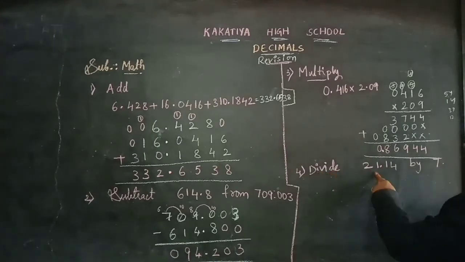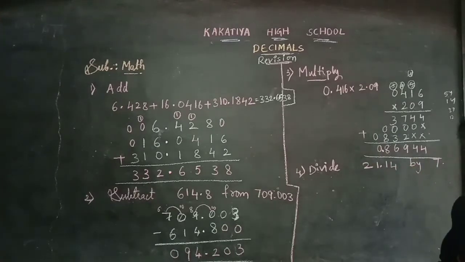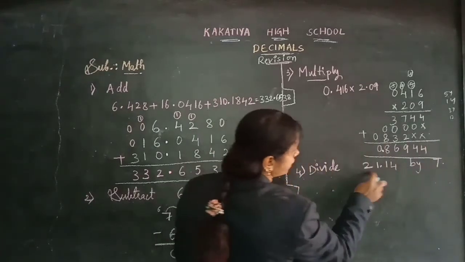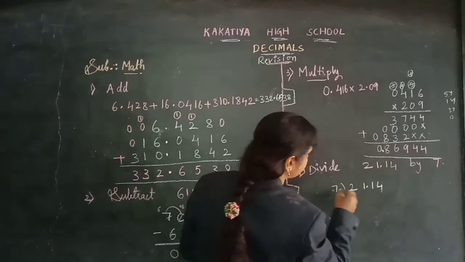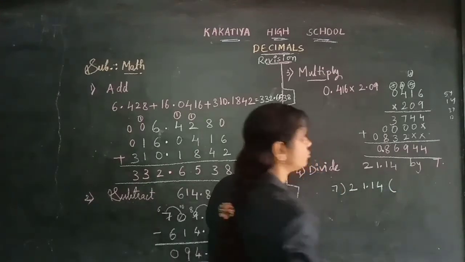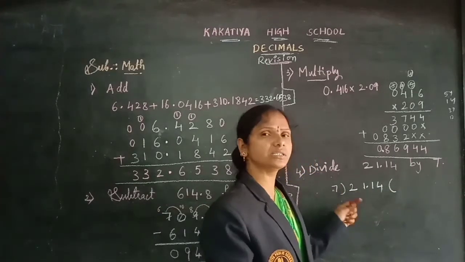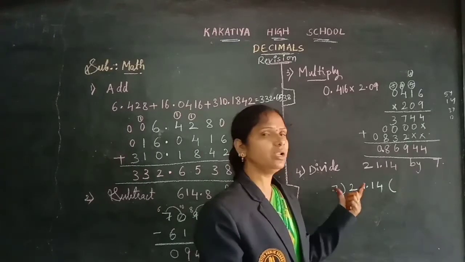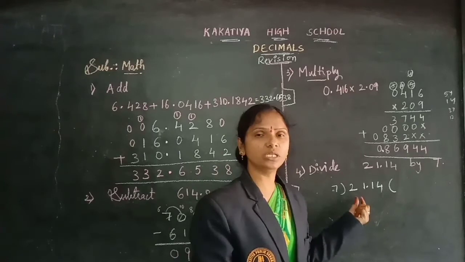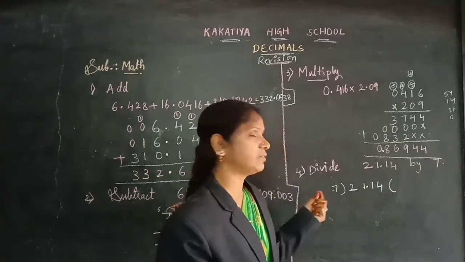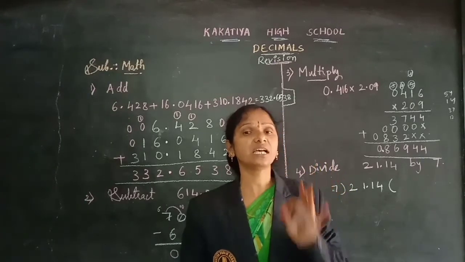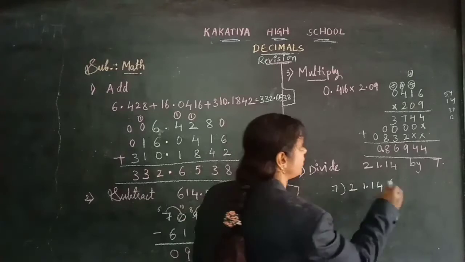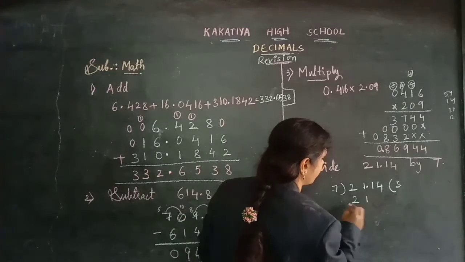Now coming to the division. Divide 21.14 by 7 table. Let's divide here. This is the dividend number 21.14 and that is the divisor number 7. Now how many digits do we need to divide here? 1 digit, 2. 2 is smaller than 7 children, so it's not possible. Now in the first step we are dividing 2 digits which is 21. So in the 7 table will you get 21 children? Yes, 7 ones are 7, 7 twos are 14, 7 threes are 21. 3 times you are getting. So 7 threes are 21.